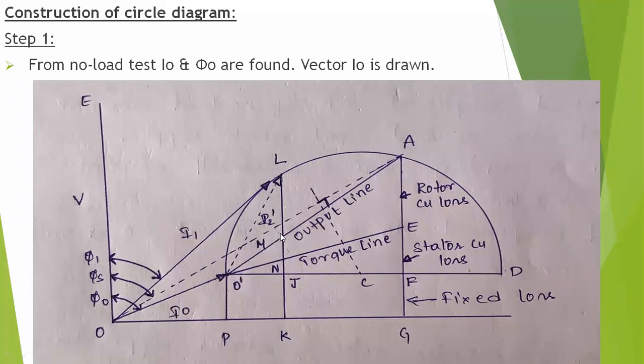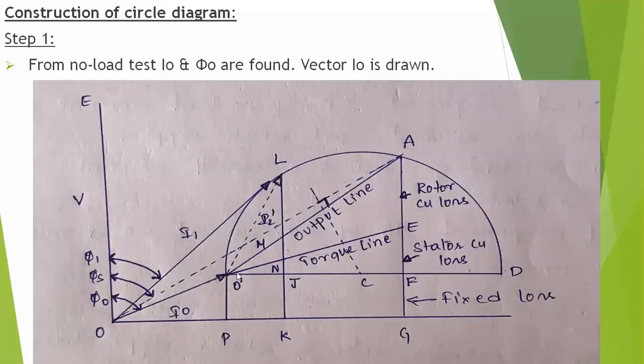Okay, so this is representing the rotor current I2 dash. It is referred to the stator. So from this we can say that clearly the two points O dash and A will be lying on the circle. We have to come to the point that O dash and A will be lying on the circumference of the circle. Now the main aim is to find the center of the circle C.